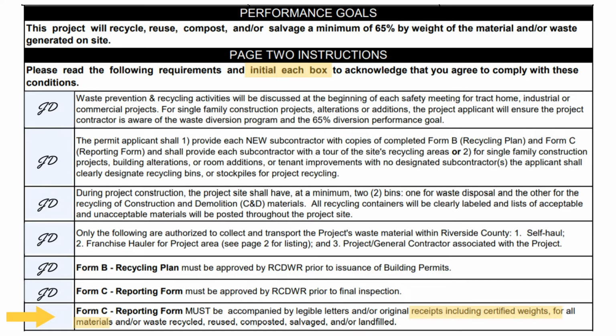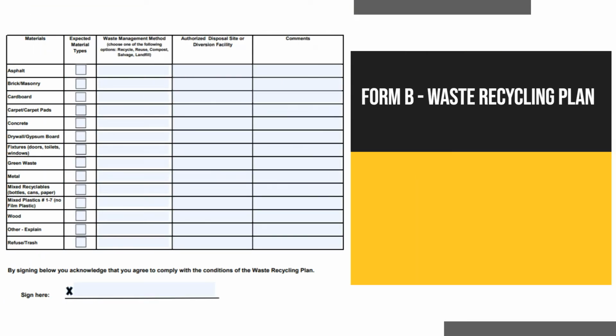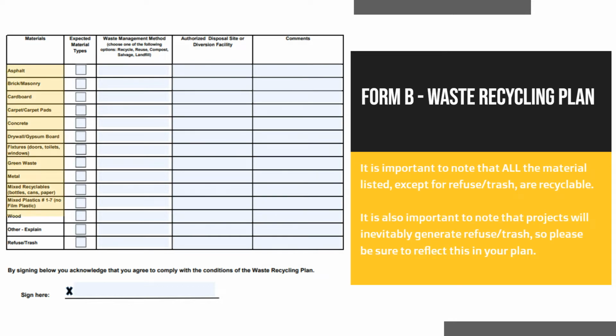The weight reported on these receipts will be used to calculate the diversion rate on Form C. For the next section, carefully consider the type of waste that will be generated from the project. It is important to note that all the material listed, except for refuse and trash, are recyclable. It is also important to note that projects will inevitably generate refuse and trash, so please be sure to reflect